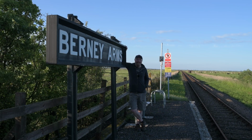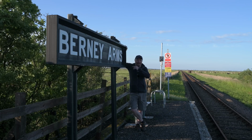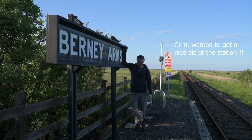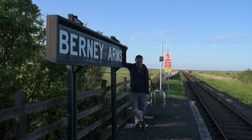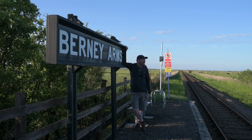Wow, it's years since I've been out here, absolutely years. As I said a bit earlier, it's all a bit nostalgic. I remember, as a photographer who'd just had his first camera for a couple of years, coming out here on the train, requesting a stop. You have to request a stop to get off here, walking out to the riverside there, photographing the mill, and